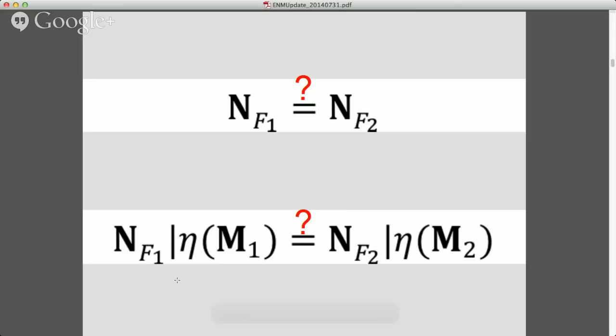And so really what we have to ask is whether the fundamental niche of species 1, given the environments available across its M, is the same as the fundamental niche of species 2, given the environments across its M. So that's the contrast and the